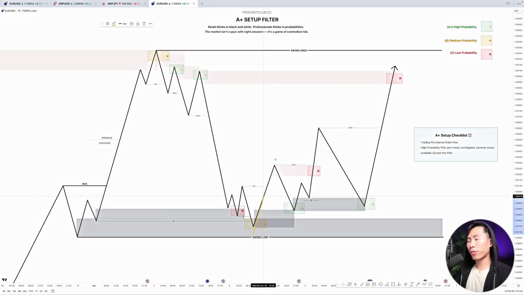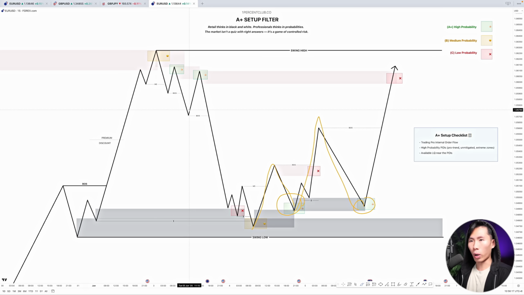So over here, when price has actually mitigated this extreme point of interest, look at what happens next. We got the internal order flow starting to shift bullish, right? When price went up there and took out that last lower high in the previous internal bearish order flow, which signaled to us that the pullback is actually over. And right now, the internal structure is shifting bullish, which aligns with our higher time frame structure itself. Right, so in this case, it's going to be extremely high probability to look for longs at all these higher lows that we have right here,